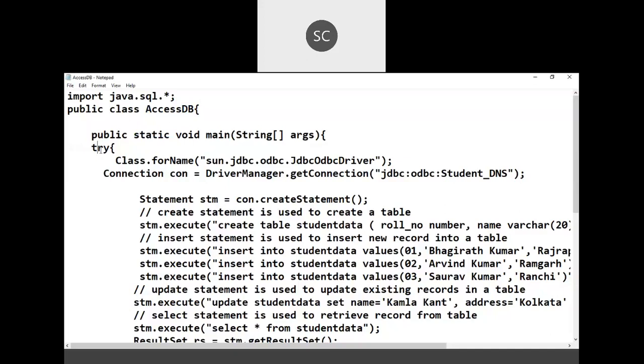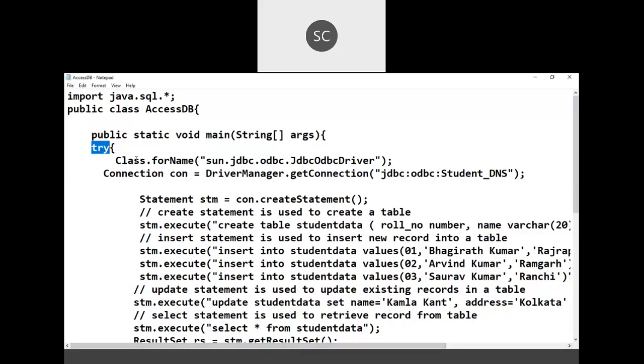Sometimes database is not readable, not accessible, you don't have sufficient permission to execute queries. So in those situations at runtime some exceptions can occur. So to handle those exceptions, we are using try and catch block. So inside try block we'll be writing everything.